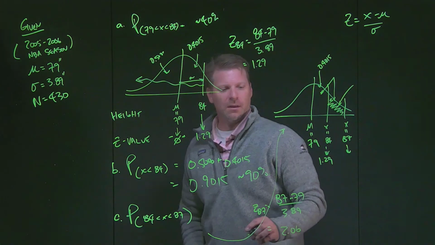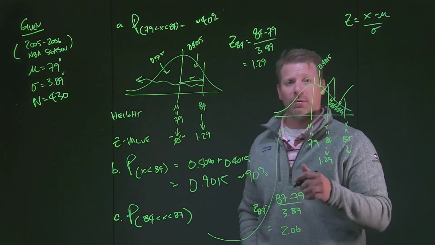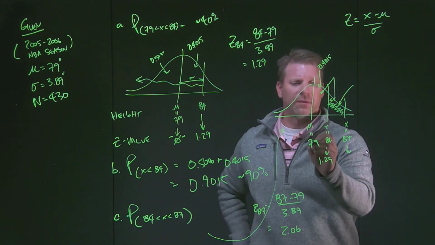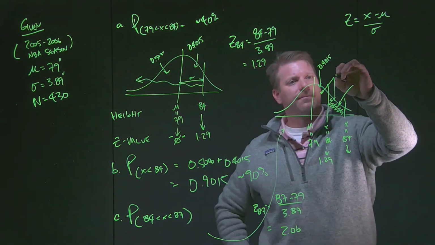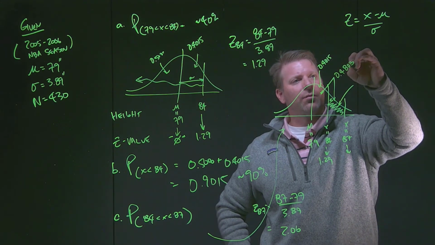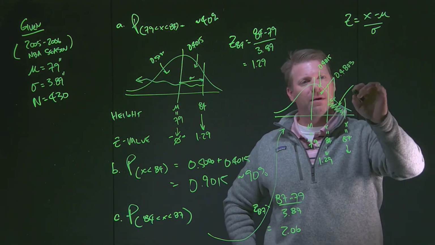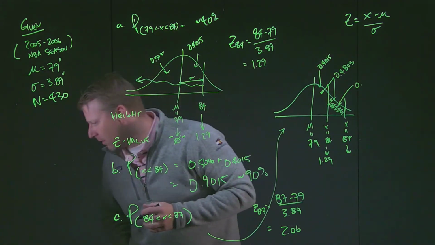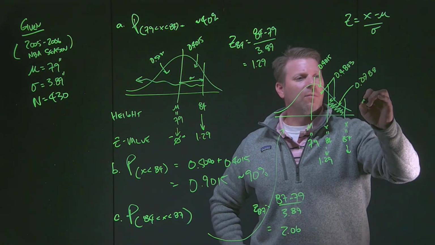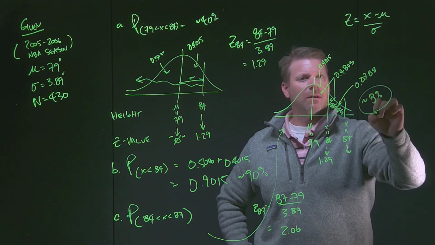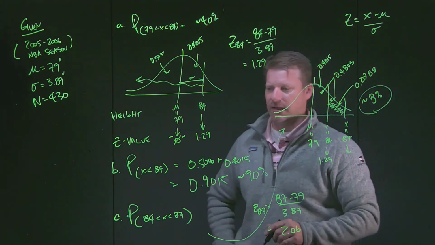Then we can use that information on our standard normal tables, and it's going to tell us what the area is in a normal curve from 79 to 87. That number ends up being right around 0.4803. So when I remove the 0.4015 from the 0.4803, the part that I have left over is going to end up being right around 0.0788, or somewhere around 8%. Okay? Somewhere around 8% then would be the probability of selecting a player between 84 and 87 inches.